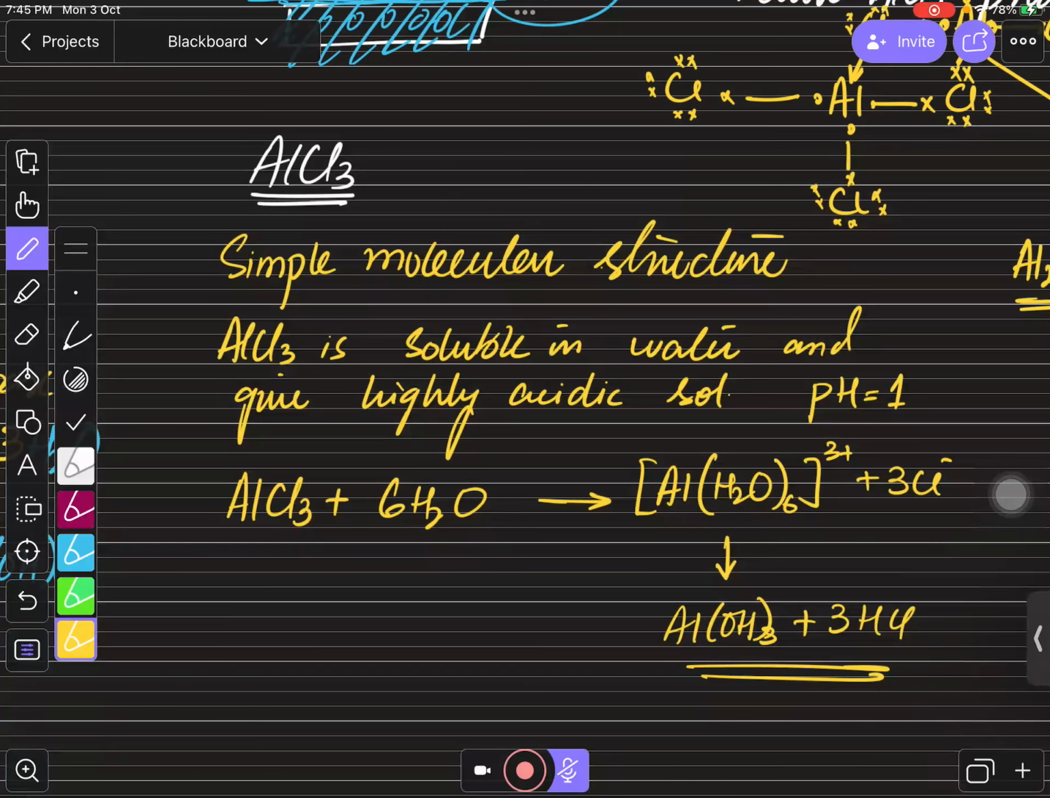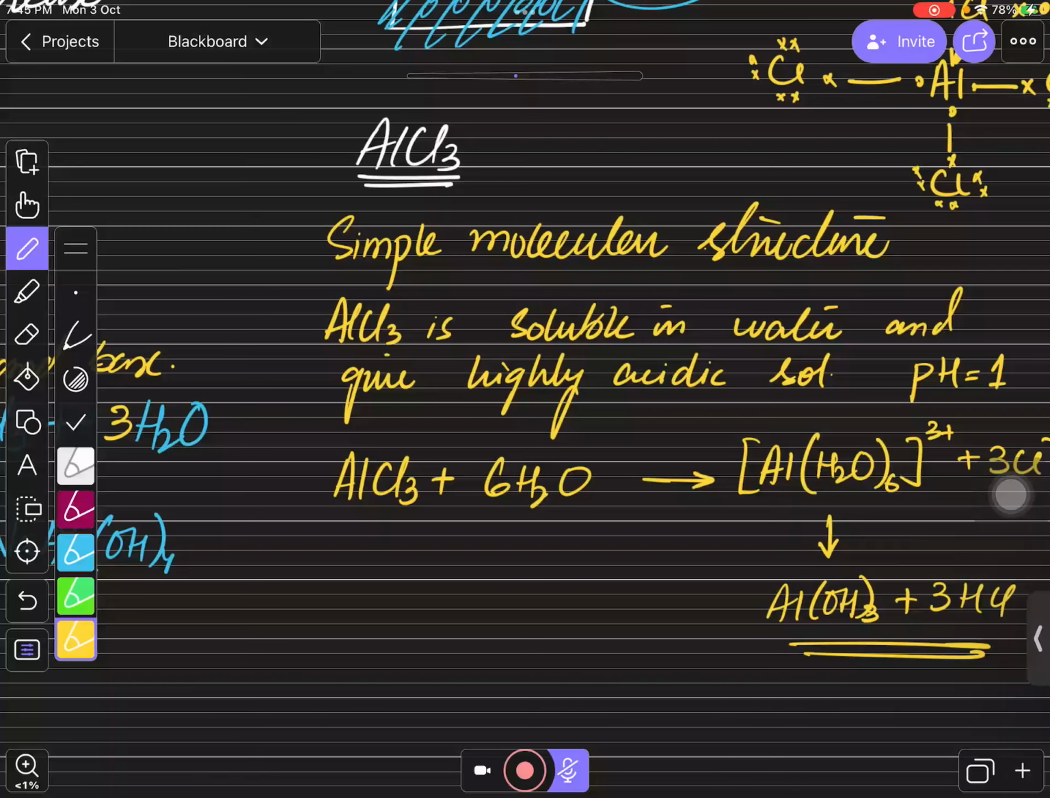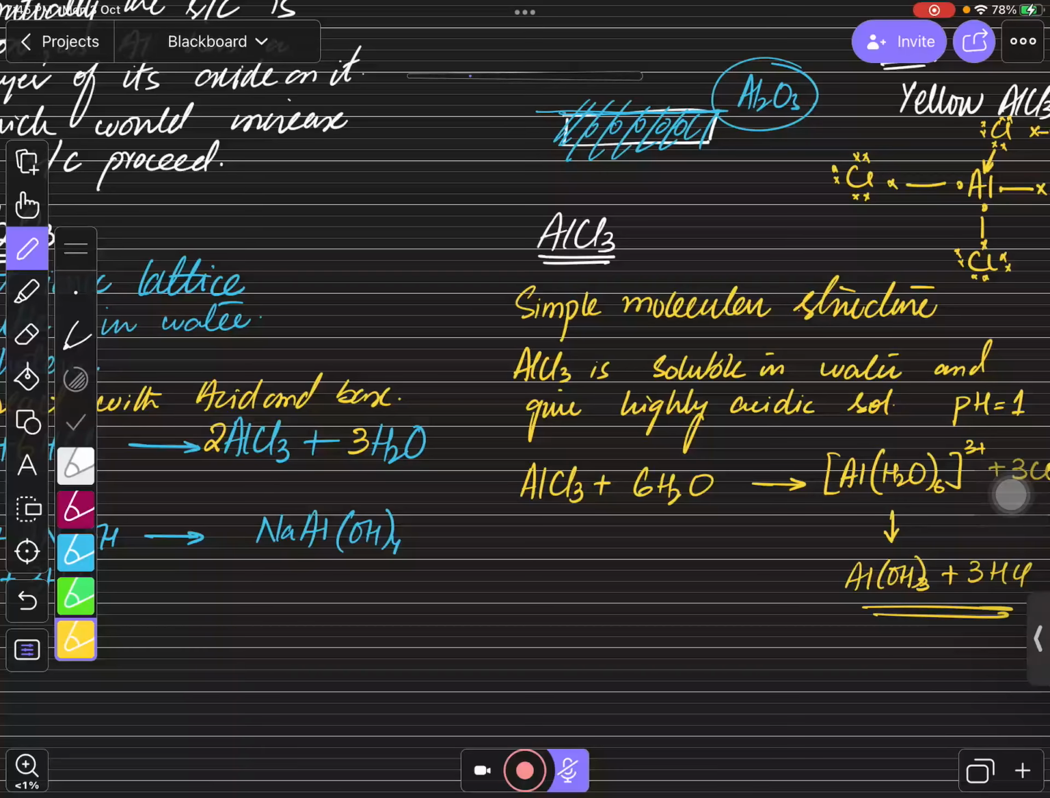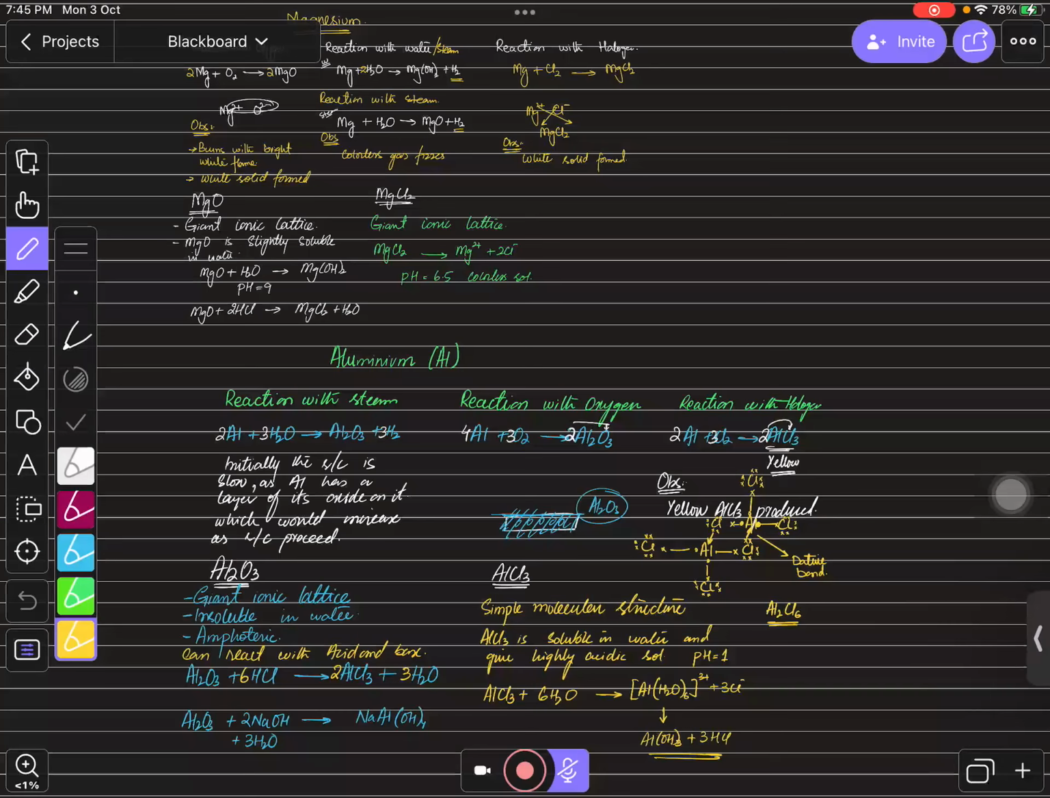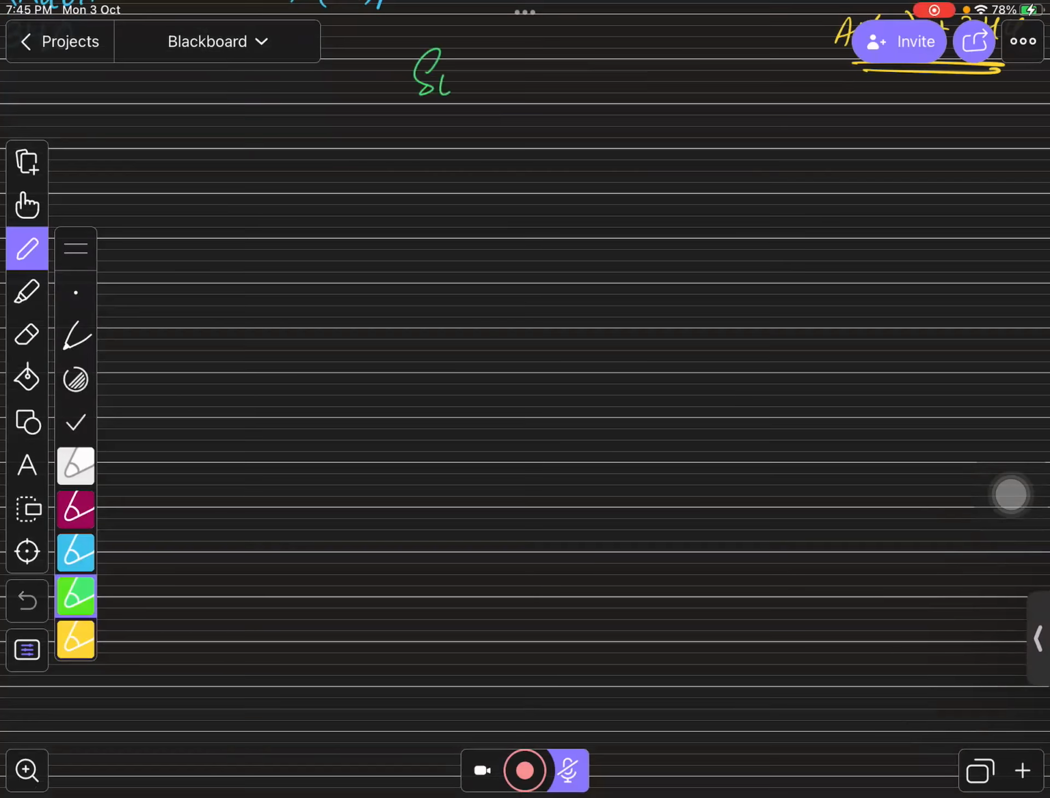Now we have the fourth one, which is silicon. If you talk about silicon, this is the fourth member of period 3. So it can also react with water. If you talk about reaction with water, so it can react with water. When it reacts with water,